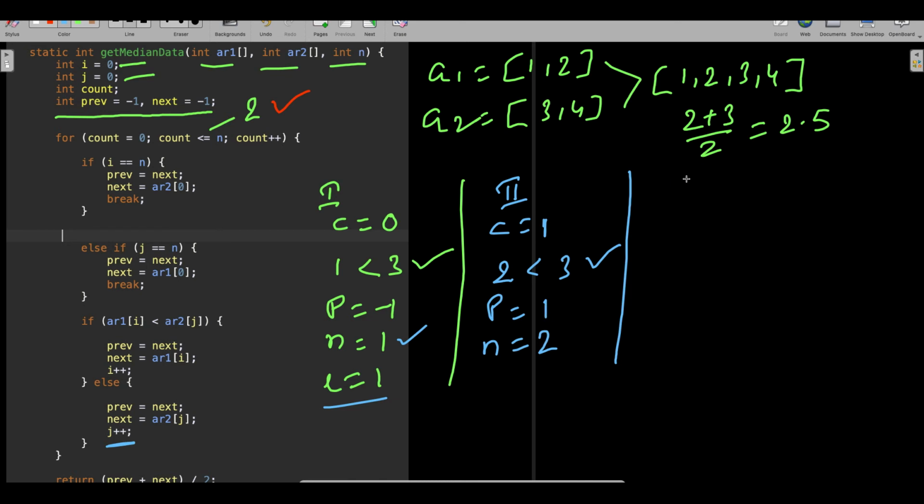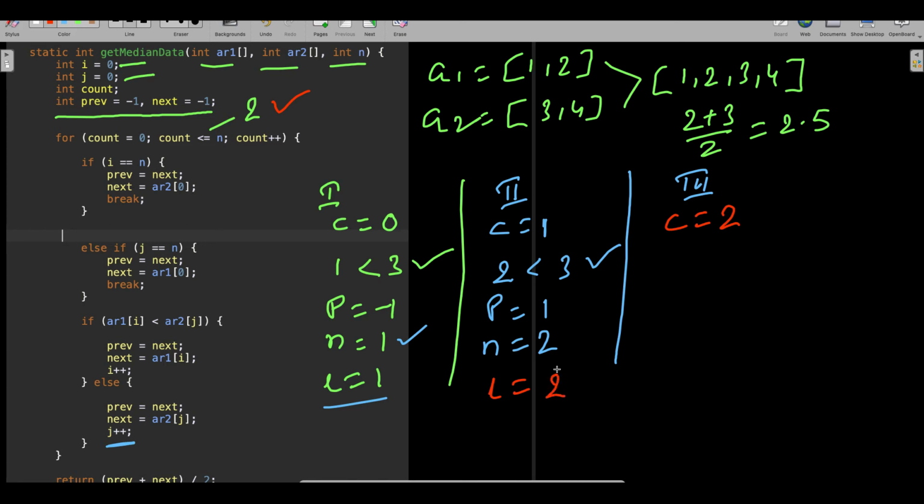Now third iteration. In the third iteration, basically your counter became 2. Now in the third iteration, here your I became how much?